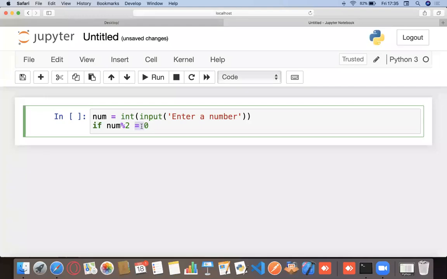You can't do this because this right here is used for assignment. Single equals to is used for assignment. For checking, you have another operator that's called the double equals to. The double equals to is used for checking. Single equals to is used for assignment.